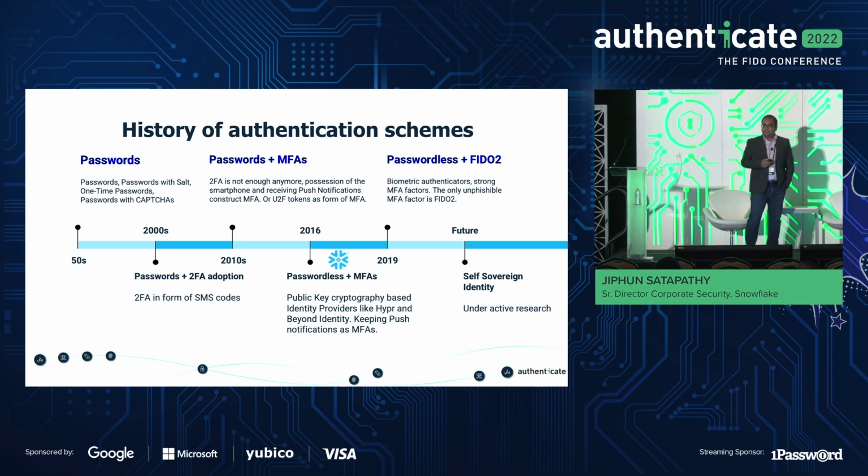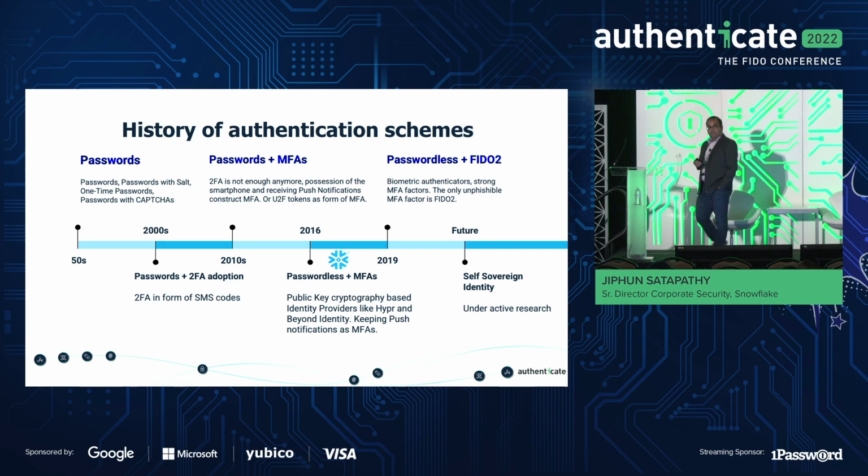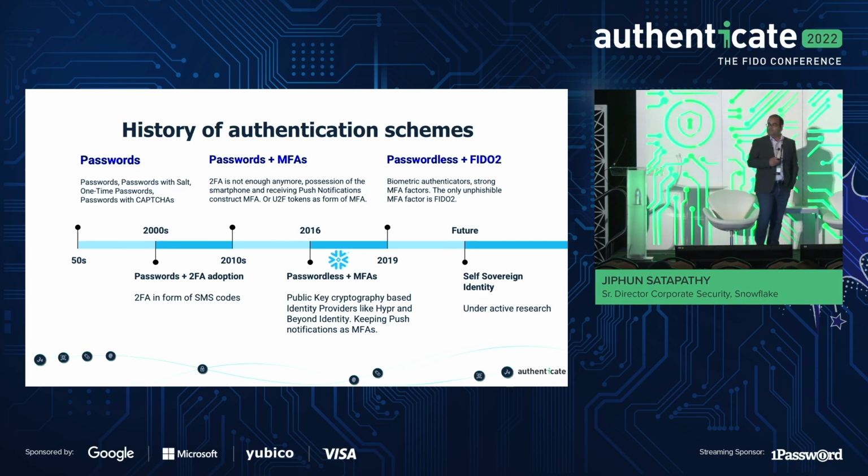The next phase of innovation that's happening right now, and which some industries have accepted, is being passwordless. One of the key challenges we want to address is how we get into that passwordless world. One of the solutions we use at Snowflake, Beyond Identity, has helped us go passwordless. There are many other solutions as well, which is great. We got rid of passwords for the user, so that aspect is taken care of. But MFA still continues to be the push-based notification.